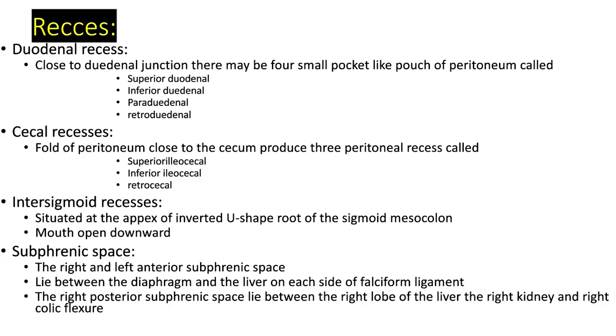Okay, next thing is the subphrenic space. The right and the left anterior subphrenic space lie between the diaphragm and the liver on each side of the falciform ligament. The right posterior subphrenic space lies between the right lobe of the liver and the left kidney and